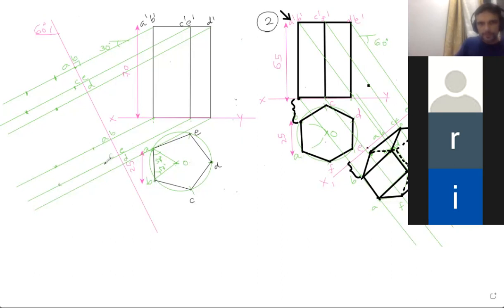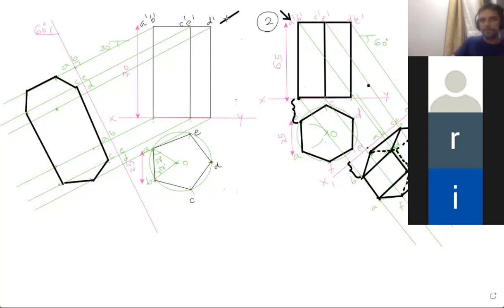See why I'm doing this, because now you know how it will look like, right? When you will draw. Then what you need to do, you need to draw the extreme boundary. For the pentagon, we have to take 54 degrees, right? Yeah, this angle is 54. This is how it will come.